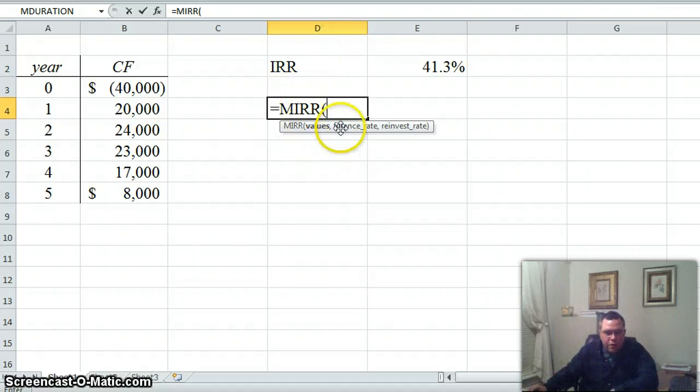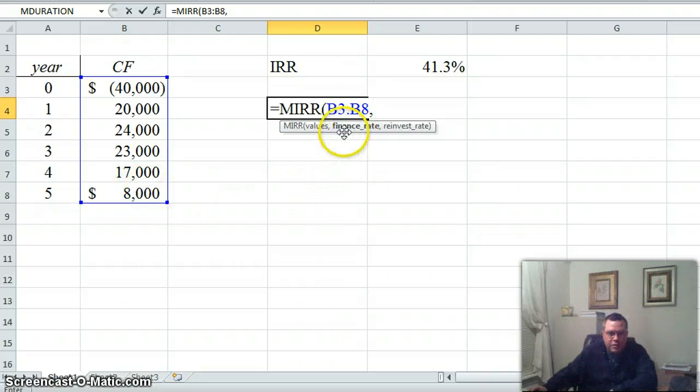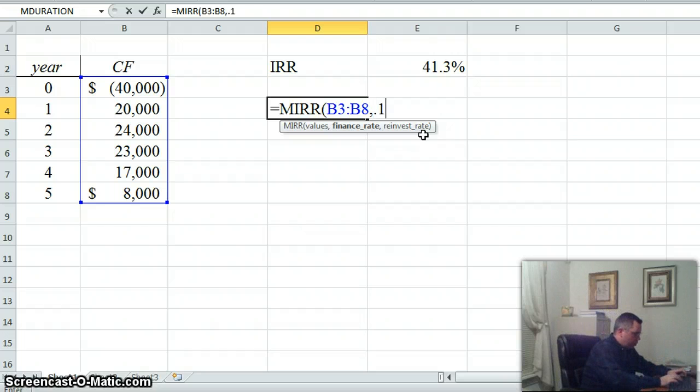And that's real small for you. The first thing it wants is your values. So the original IRR only required the values. That was the only input. But this one, if you hit a comma, it requires 2 other values. This one says the finance rate, then you put comma the reinvestment rate. You can actually put 2 different rates in. You might be able to reinvest at a different rate than you finance at. Probably a more common example would be your finance rate would be higher than your reinvestment rate. A common way to do modified IRR is you just use your WACC for both of them. So we do 0.12, comma 0.12, close parenthesis,